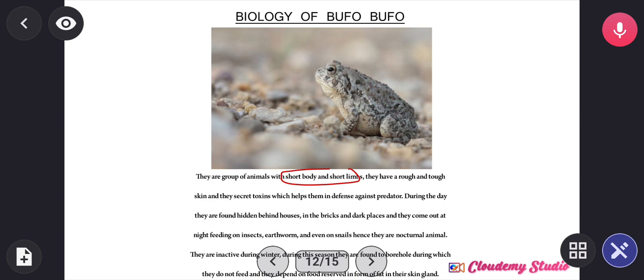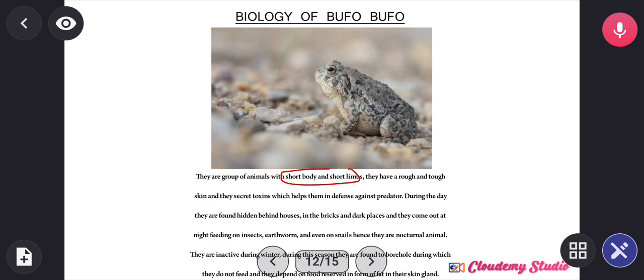Now, about their poison gland, they have three glands which secrete oily bufotoxin, alkaloid neurotoxic chemicals that they use as poison against their predators. So Bufo,